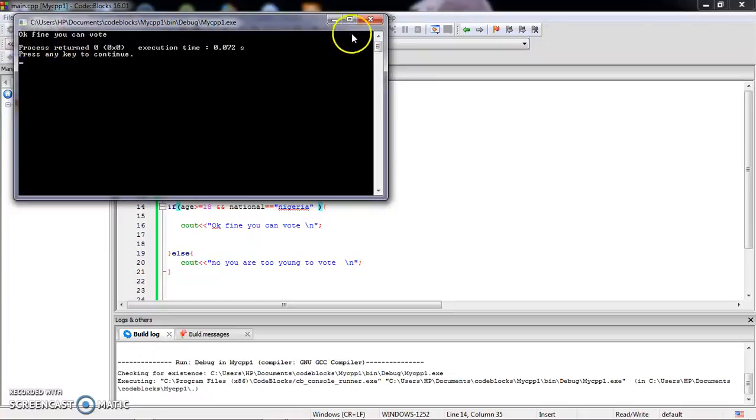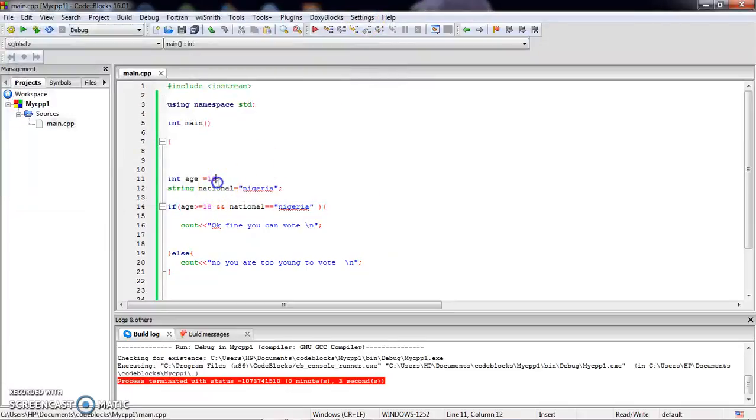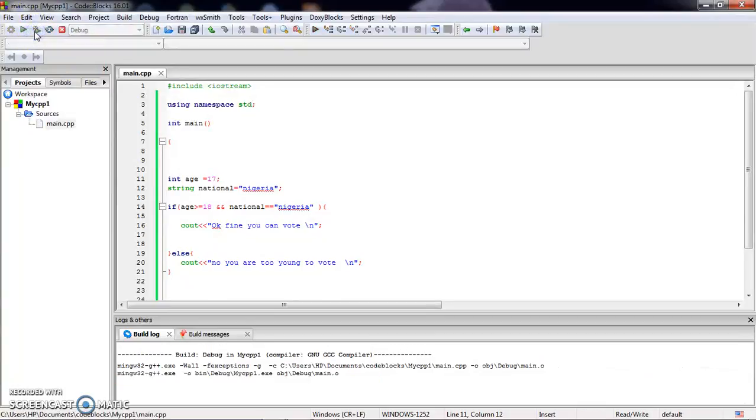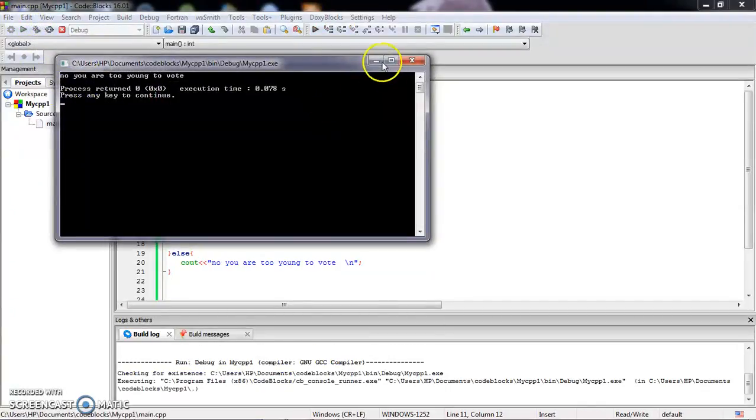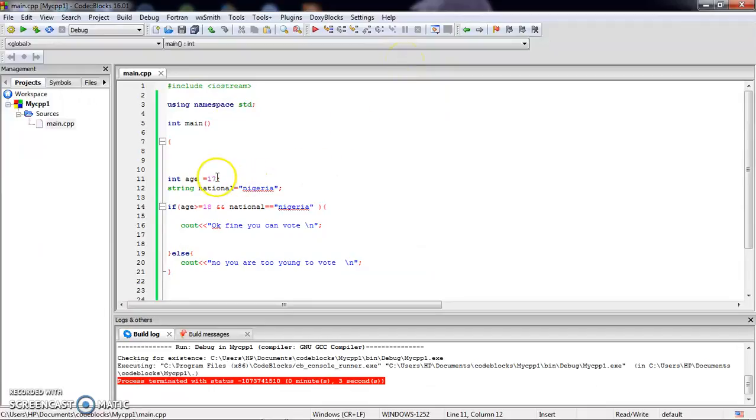Let's say, okay, fine, you can vote because your age is greater than 18. Let's say maybe the person is 13 years, or even 17 years. Say no, you can't vote because your age is below, but you are Nigerian. That's none of my business. What I'm curious about is because of this AND operator. You must be 18 or more, and you must be Nigerian. That's final. Maybe the person is 18 now, but let's say